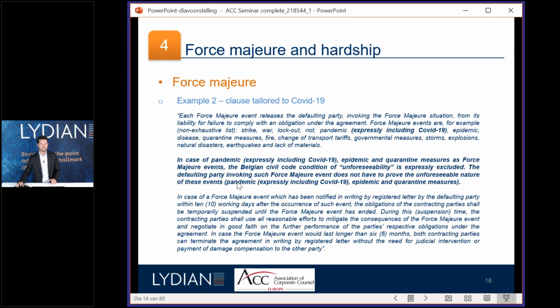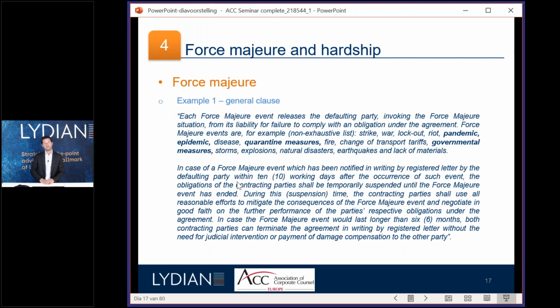Sorry. Yes. So we have two example clauses that I've inserted in the presentation. The first one is with the endemic and epidemic, where I inserted some examples of how you should maybe structure your force majeure clause right now. And you see also that there was a reference to quarantine measures that was not indicated before in the force majeure clauses, and we have now inserted that.